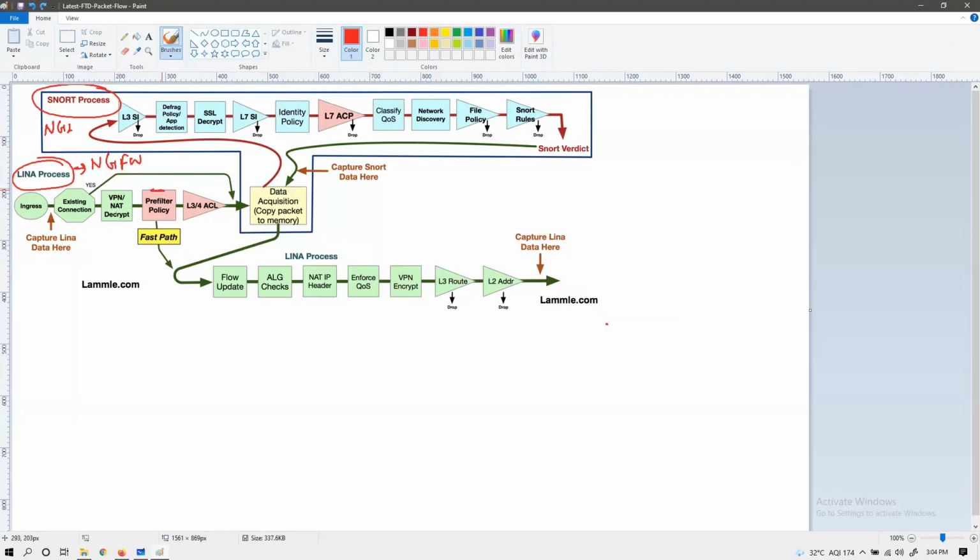Then pre-filter policy will be used to evaluate the traffic. After that, this traffic can be sent through the Snort process policies. Otherwise, it can be sent through fast path. From here, you can define the path, whether you want to perform deep packet inspection for the traffic or not. If you don't want to perform deep packet inspection, then you will send it via fast path. If you want to perform deep packet inspection, then you will send it via the Snort process.